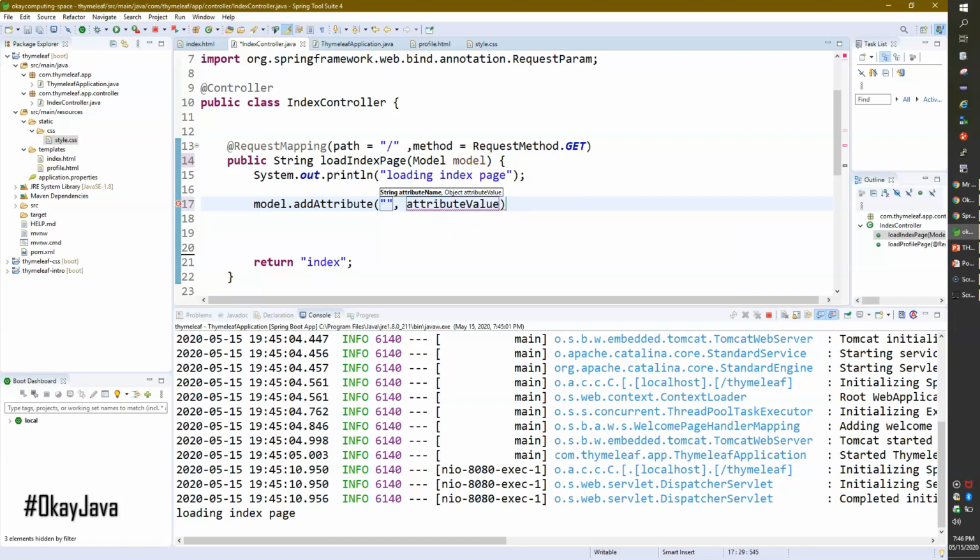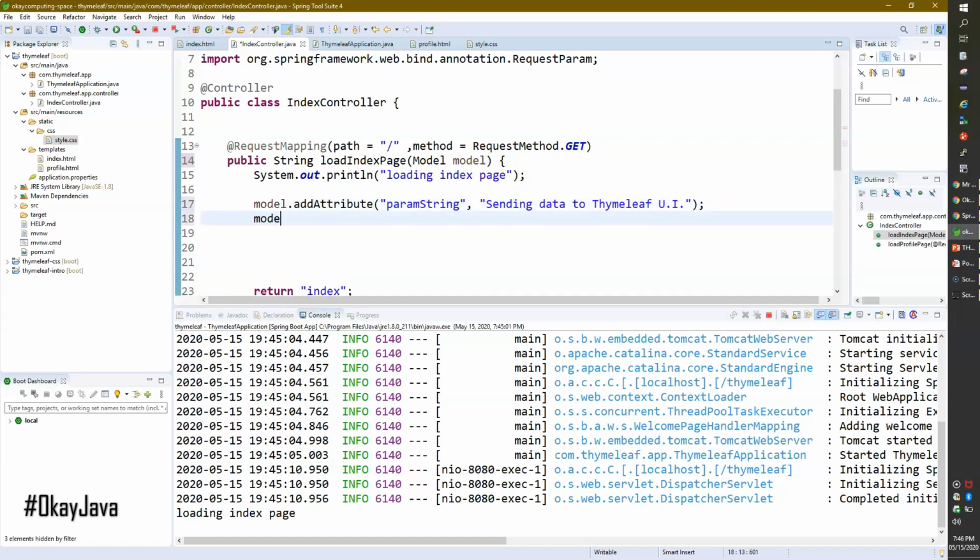For example, I'll pass a string value, so I'll call it paramString, and I'll write a message: sending data to Thymeleaf UI.